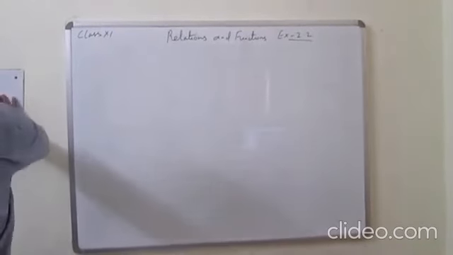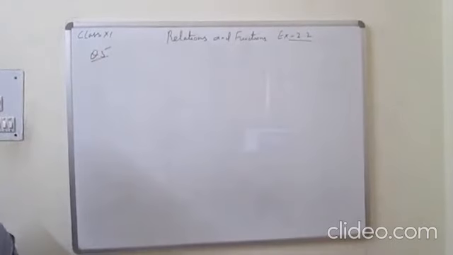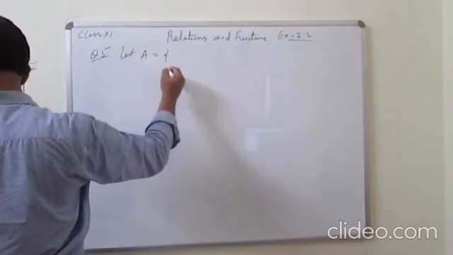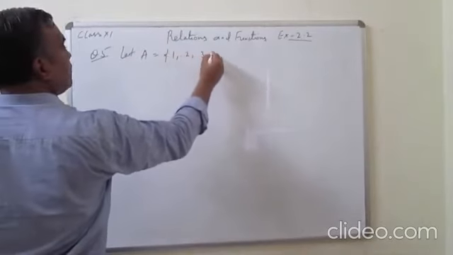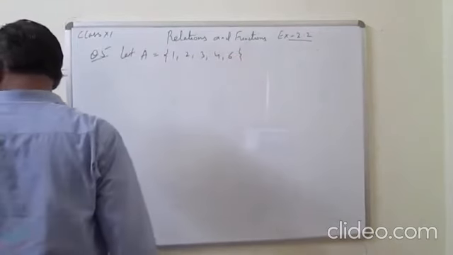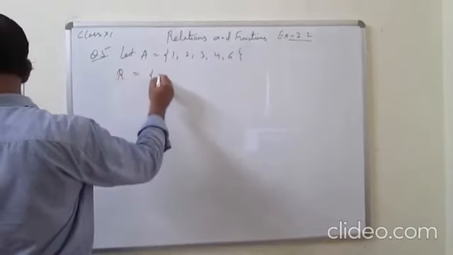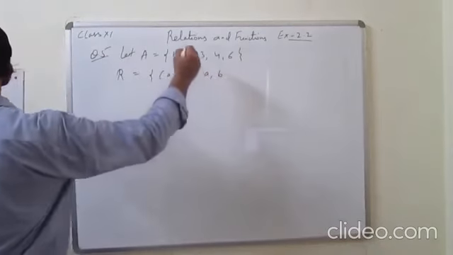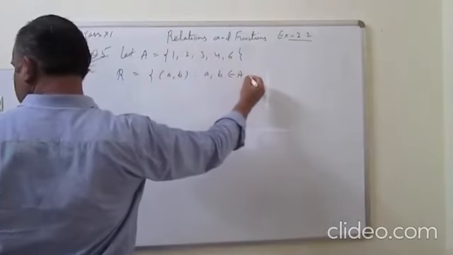Question number 5. Let A be the set {1, 2, 3, 4, 6}, and R is the relation defined as the ordered pairs (a, b) such that a, b belong to A and